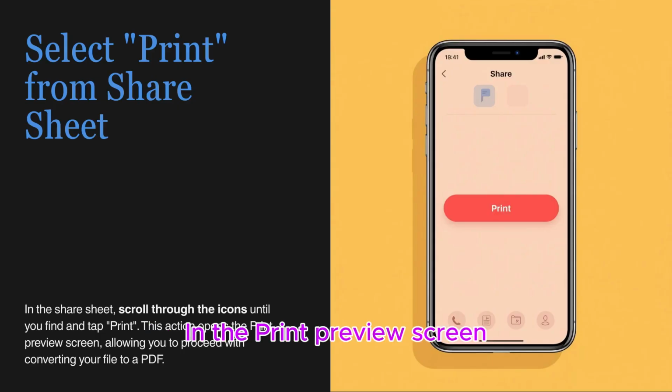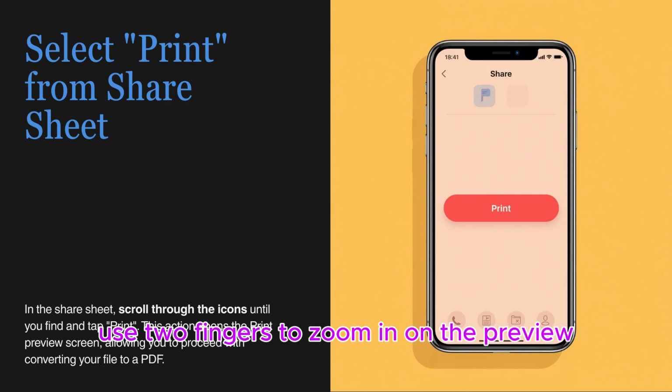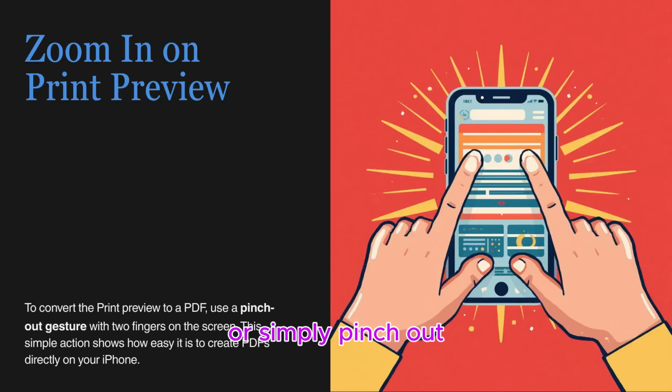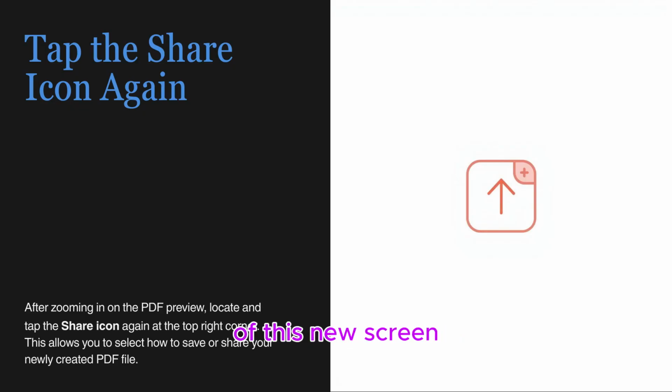In the print preview screen, use 2 fingers to zoom in on the preview or simply pinch out. This action will convert the print preview into a PDF view. Now tap the share icon again in the top right corner of this new screen. You can now save the PDF to your Files app by selecting Save to Files or send it via email